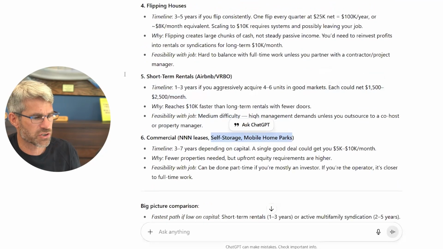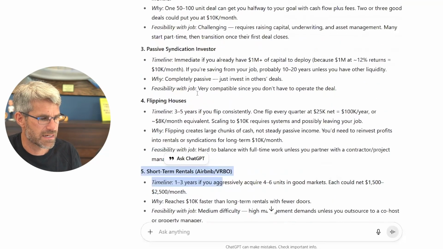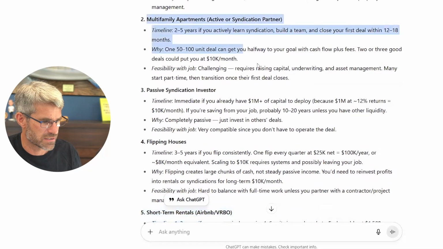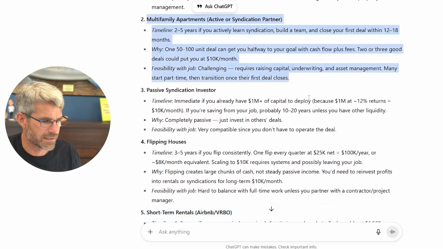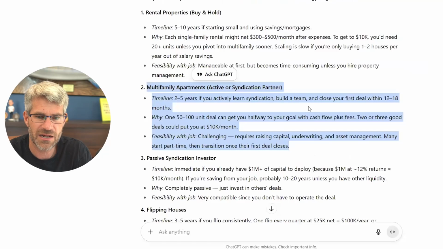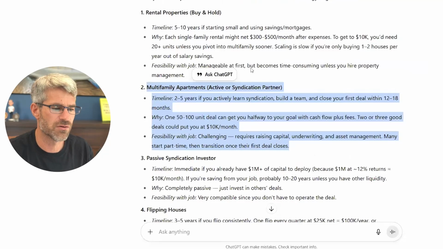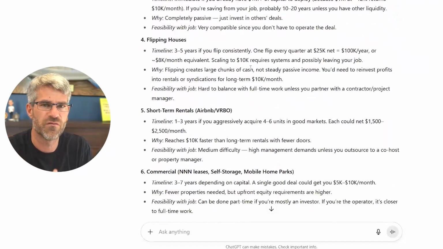Again, my frustration with Chat here is that it's giving you a lot of options, and it's not really narrowing it down. So the trick really is, how do you start narrowing Chat down to a strategy that's actually going to work for your situation? Now, you can go in here and ask some follow-up questions about each strategy, and you should. Again, the problem with Chat right now is that it's giving you too many options. So what I want to do is, you have to ask better questions. There's a better system for prompting Chat so that it gives you meaningful real estate strategies that are right for you.